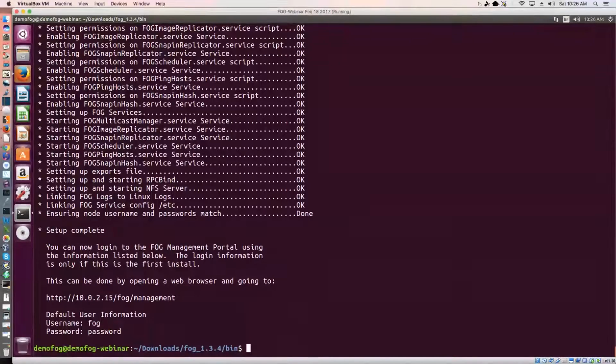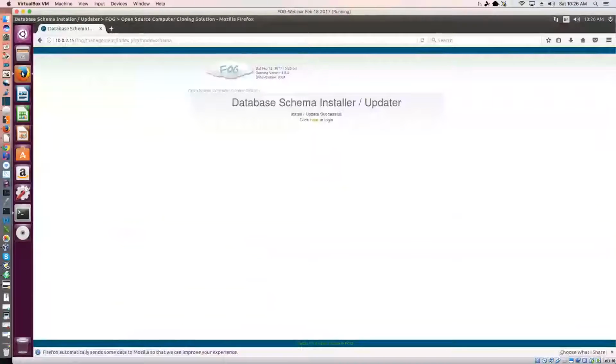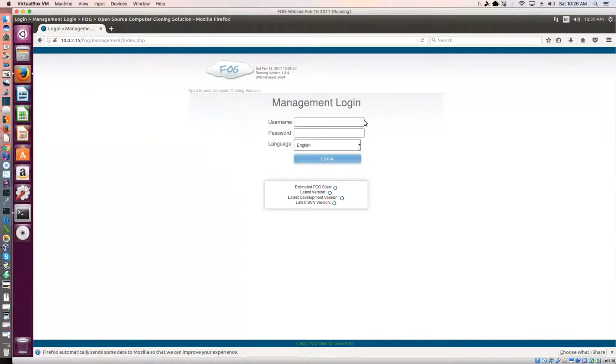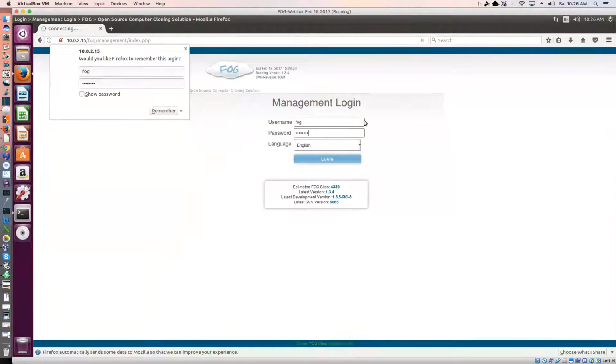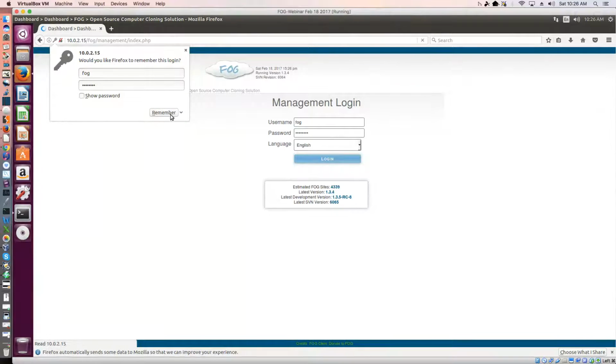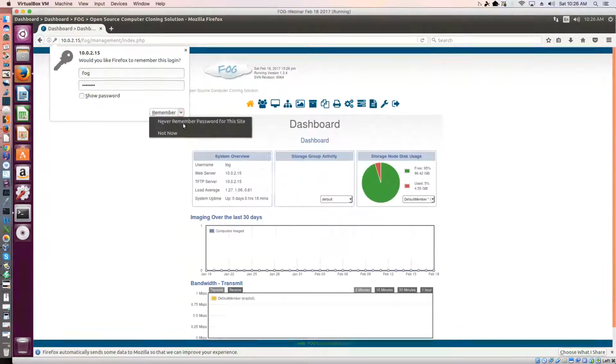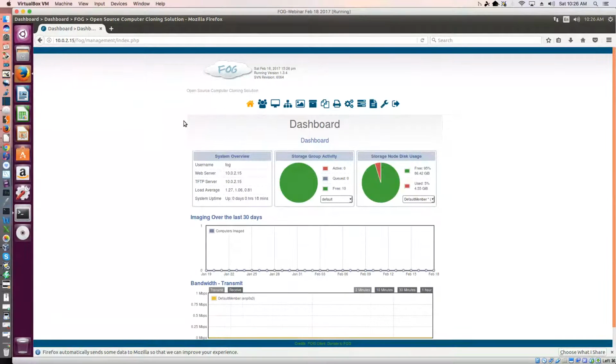Okay, so it gives us the username and password. We can come over here to Fog, click the link to get to the login page, and we can do Fog as the user and password as the password. All right, so I set this up with a 100 gigabyte virtual hard drive, which